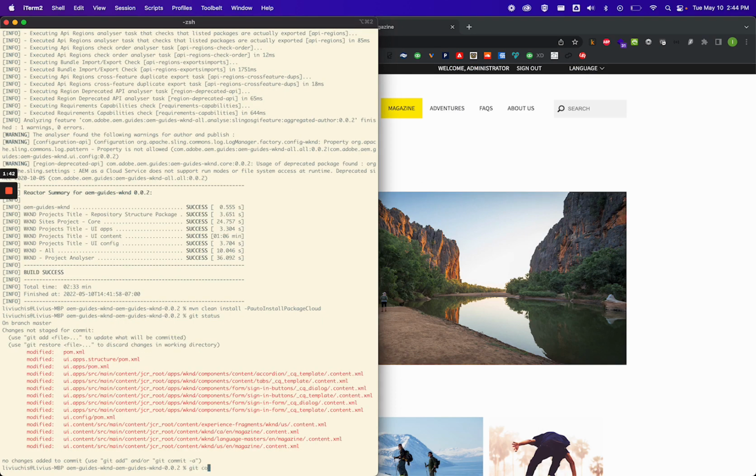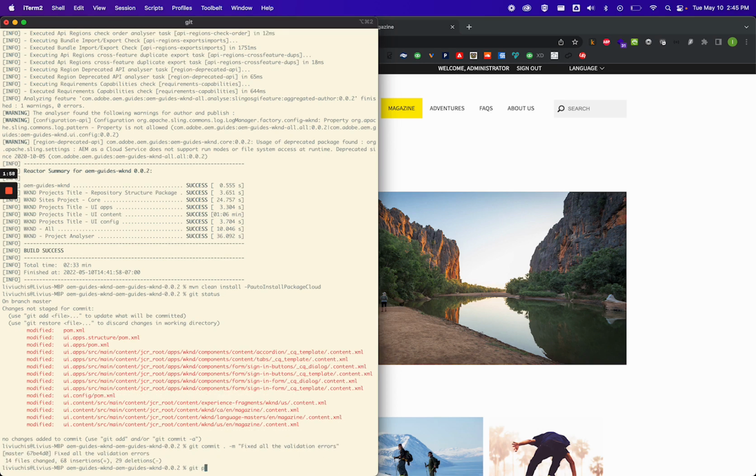So I'm going to run a git commit with everything. Obviously, it's a good idea to not use dot when you're doing git commits and include the files separately, but I'm just going to save some time here. So, fixed all the validation errors. We'll push Adobe master,